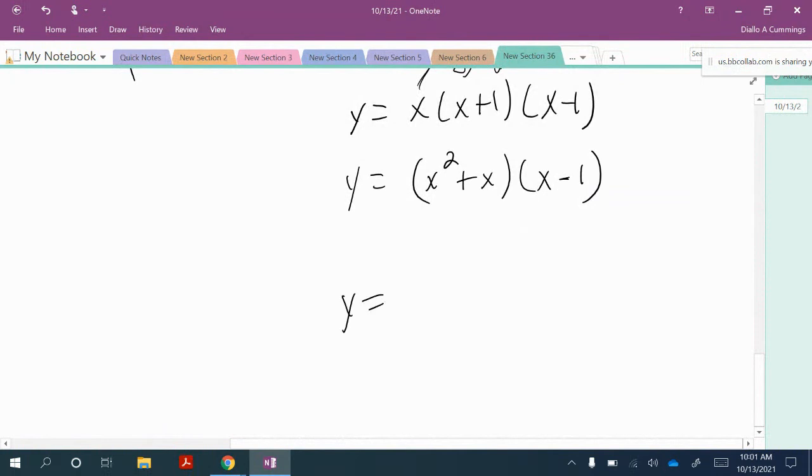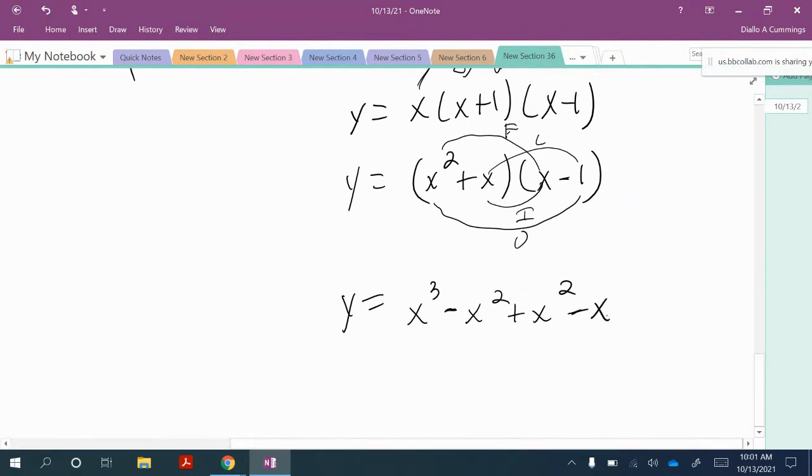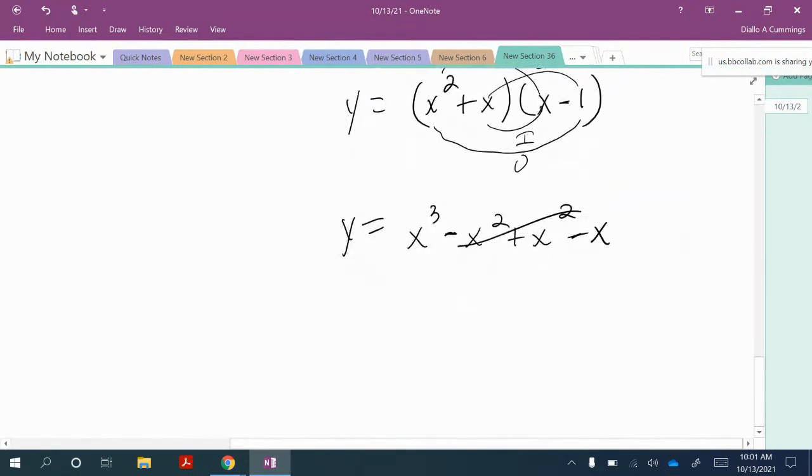And now I'm going to simply use the FOIL method. So I'm going to multiply my first terms: x squared times x is x to the third. Multiply the outermost terms: x squared times -1 is negative x squared. Multiply the innermost terms: x times x is positive x squared. And we'll multiply the last terms: x times -1 is negative x. The x squared cancels, so we have the equation as x cubed minus x,